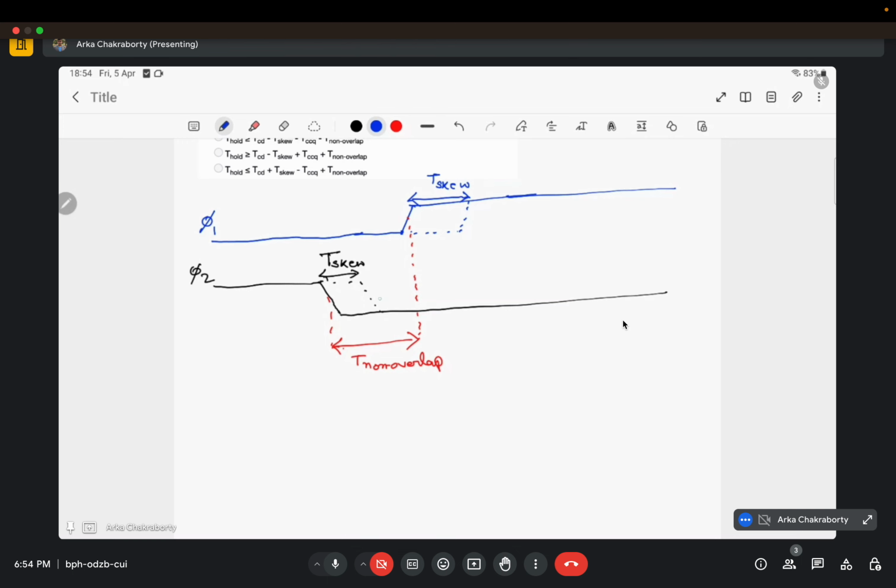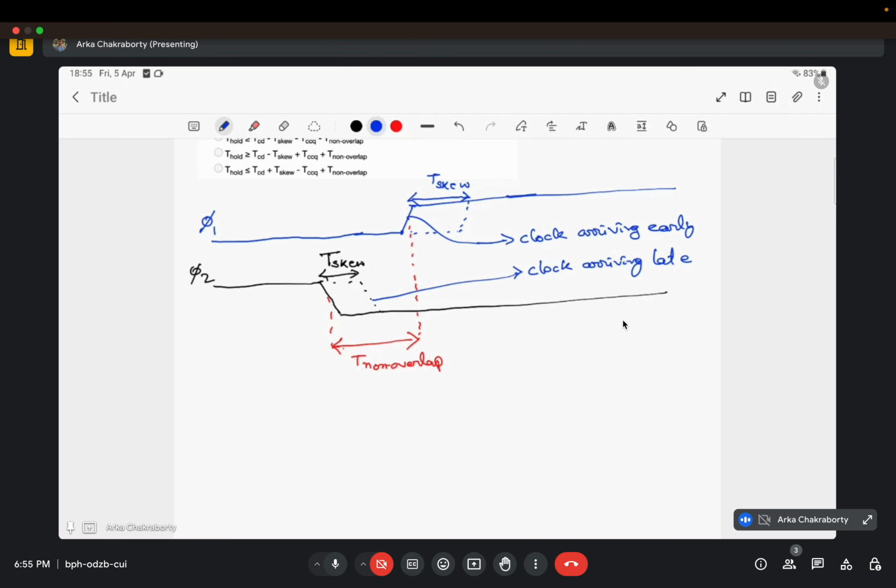First, this transition, that is clock is arriving late, and this transition where clock is arriving early. Correct? Okay, now